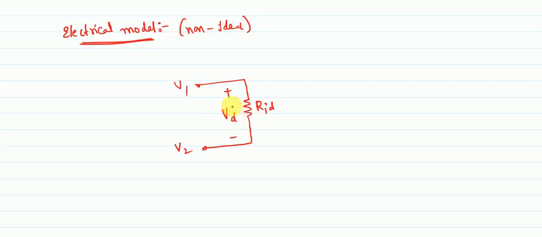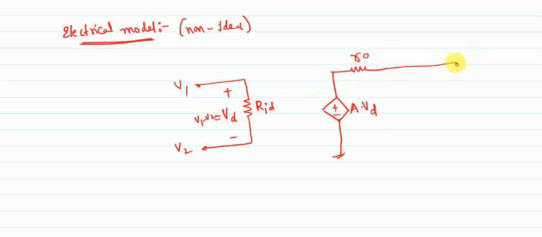right? V1 minus V2. You can apply KVL also here. Now the gain of the op amp is given as A, gain times this differential voltage. Now here you will have some small resistance R0, and the output will be taken across here. Now if you look at this entire thing as a closed block, this is what our op amp is. So this is the electrical model representation of the op amp.